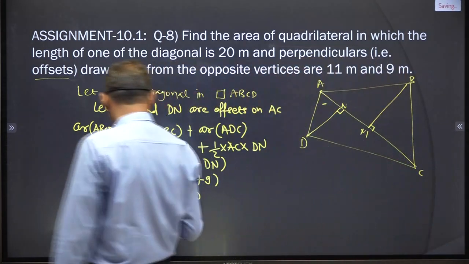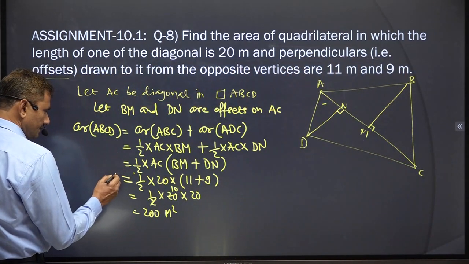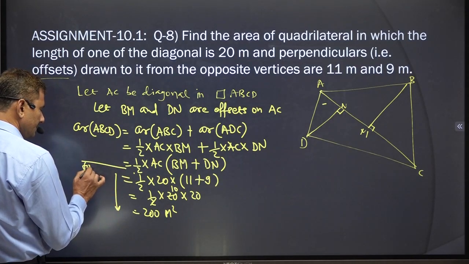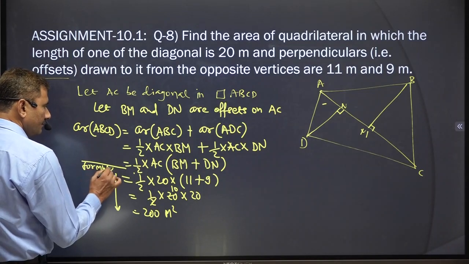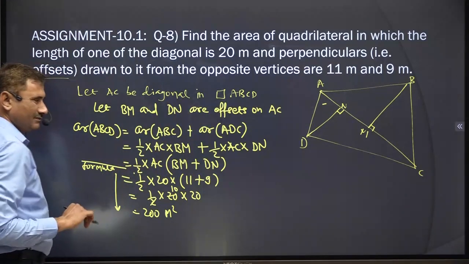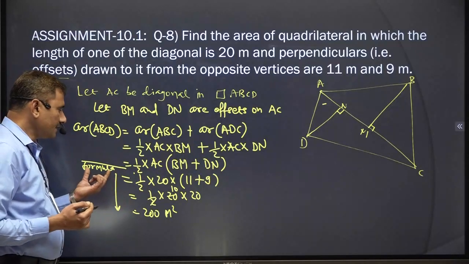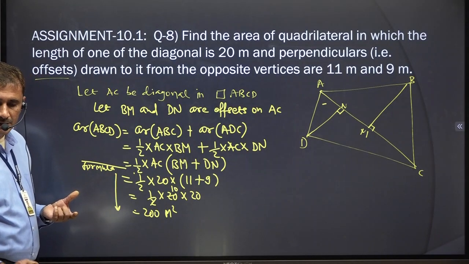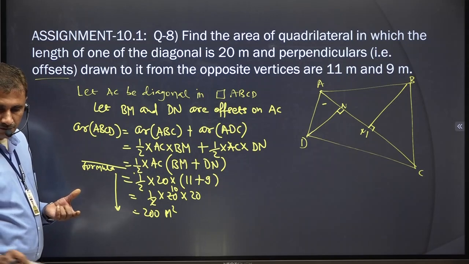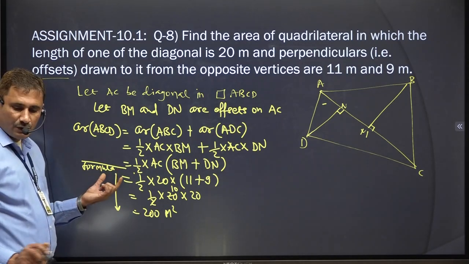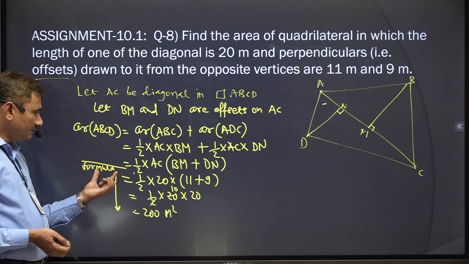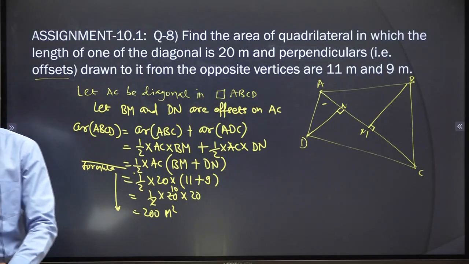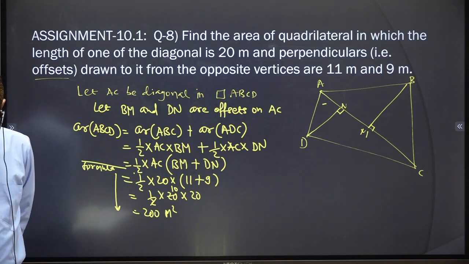As I told you, you can start directly from this step also. But here you have to write that formula in words. Why? Because if you write SCBMD, then the formula is needed. But if you write the formula in words, like I told you on page number 212, whatever is given in blue letters, then you can write that way also. Okay, so number 9 is the same type, so that is in homework.